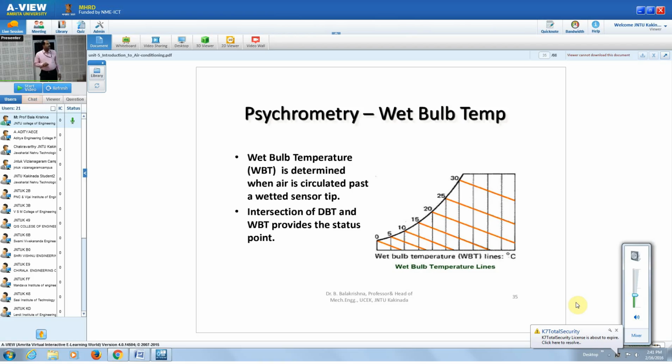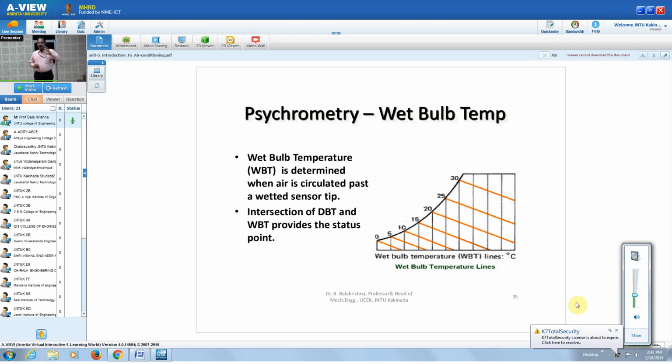where wet bulb temperature is determined when the air is circulated past a wetted sensor tip. The intersection of DBT, that is dry bulb temperature, and wet bulb temperature provides the status of the point. Suppose you want the dew point temperature somewhere, at this point these two coincide. This point is the reference point, where these inclined lines are called the wet bulb temperature lines. Suppose